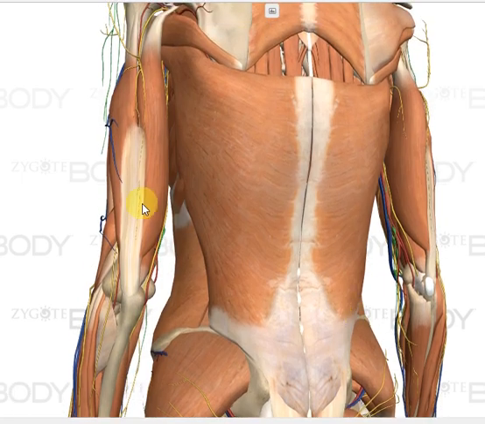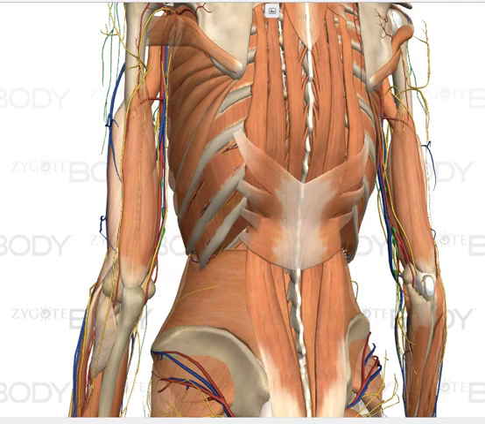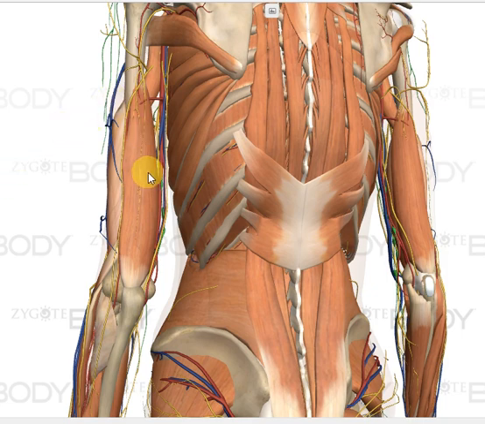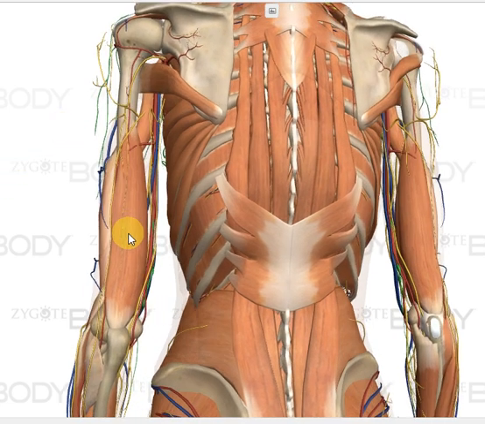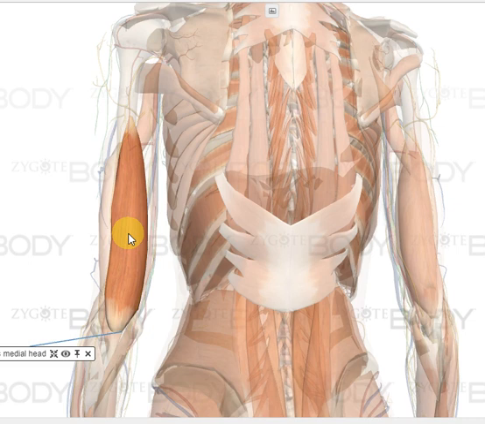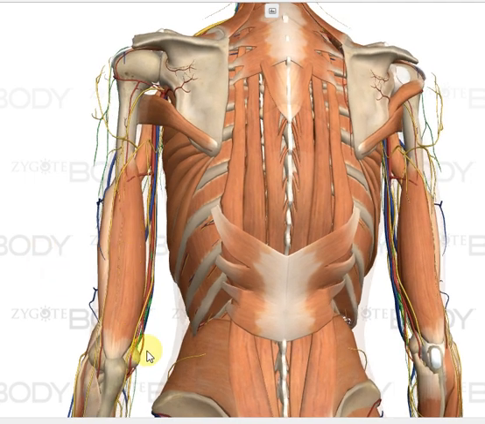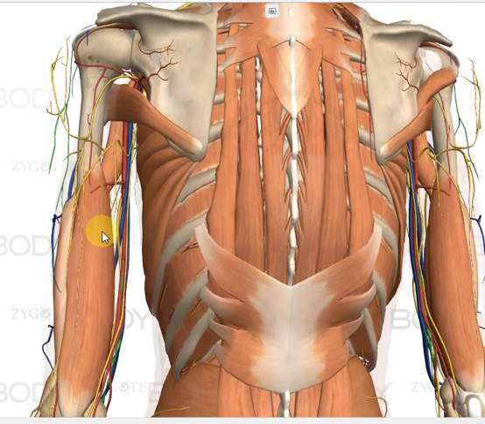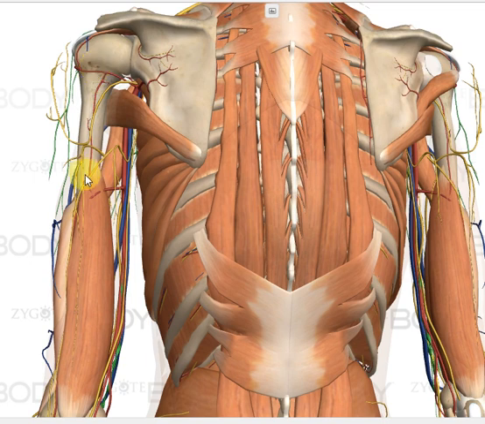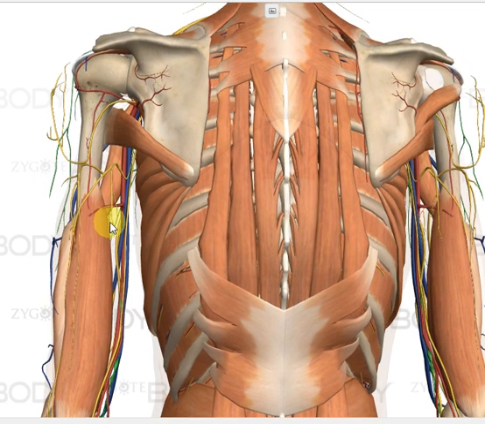So the lateral head and the long head basically join at the olecranon process of the ulnar bone. Now just beneath the lateral head, I've just removed the lateral head for you. So just beneath the lateral head, we can find this one, the medial head of the triceps muscle. And you can see that this medial head is originating from the spiral groove of the humerus. How can I identify that this is the spiral groove of the humerus?